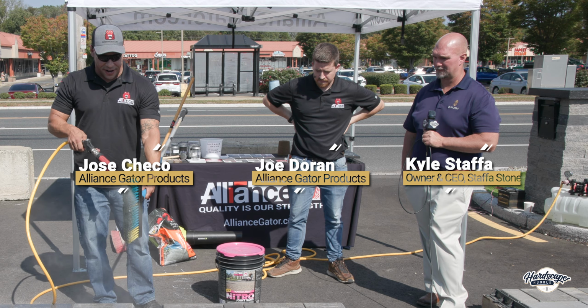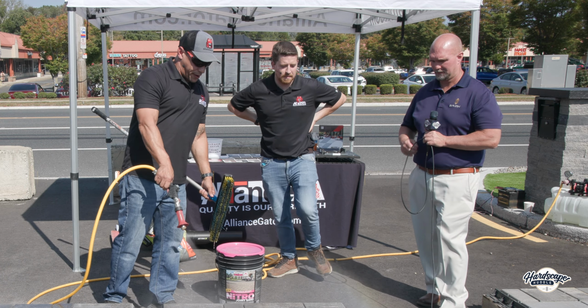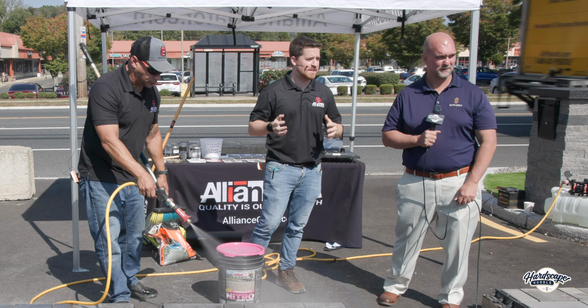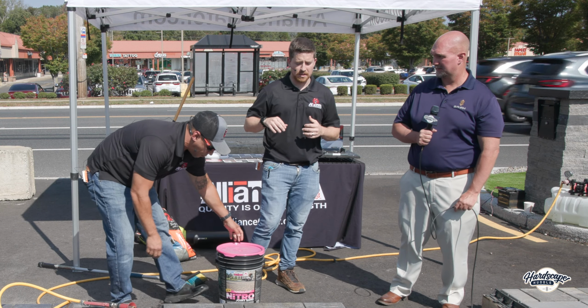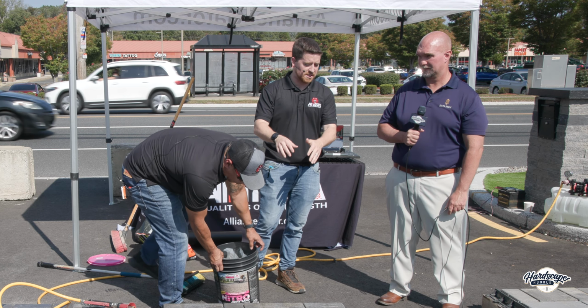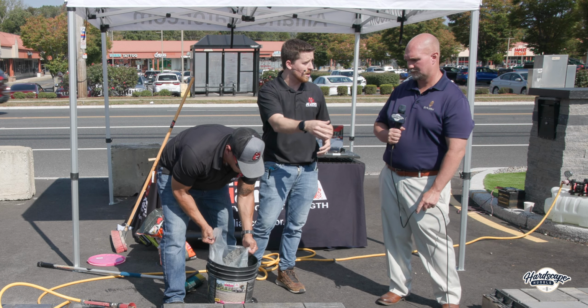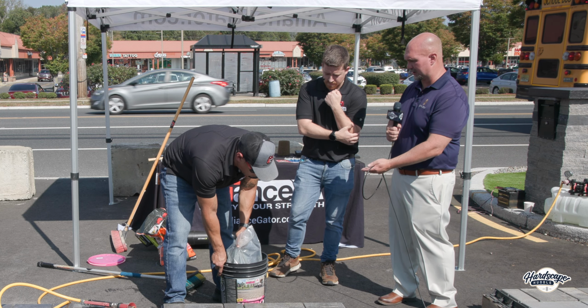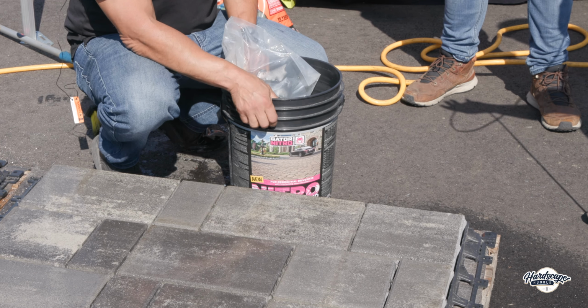The water's the barrier. Yeah, so Nitro, they use the term hydrophobic. I guess so it's afraid of water. Really what they're saying is it won't stick to anything that's wet. So that's how you're going to be able to protect the surface from any kind of action from the sand sticking to the tools, retaining walls, anything it might come in contact with. A little bit more expensive for this product initially,